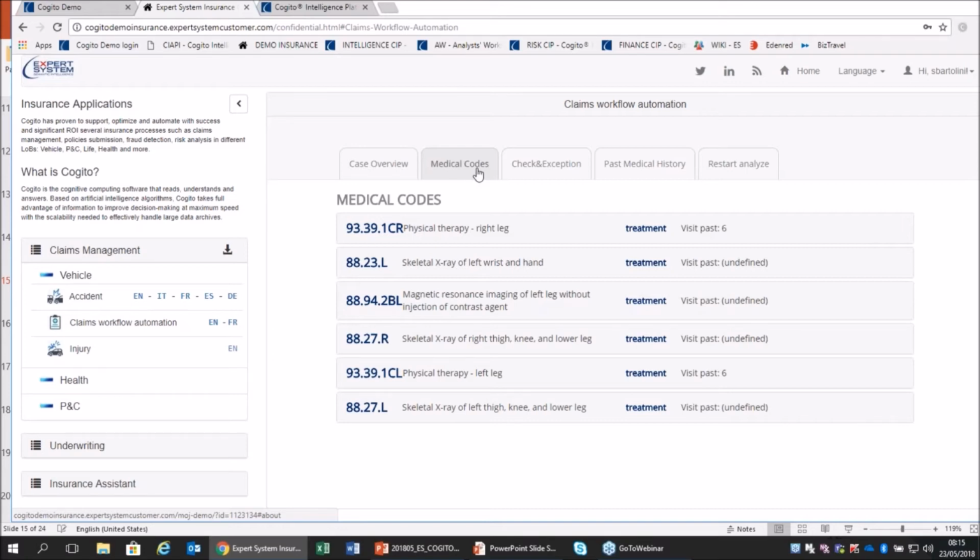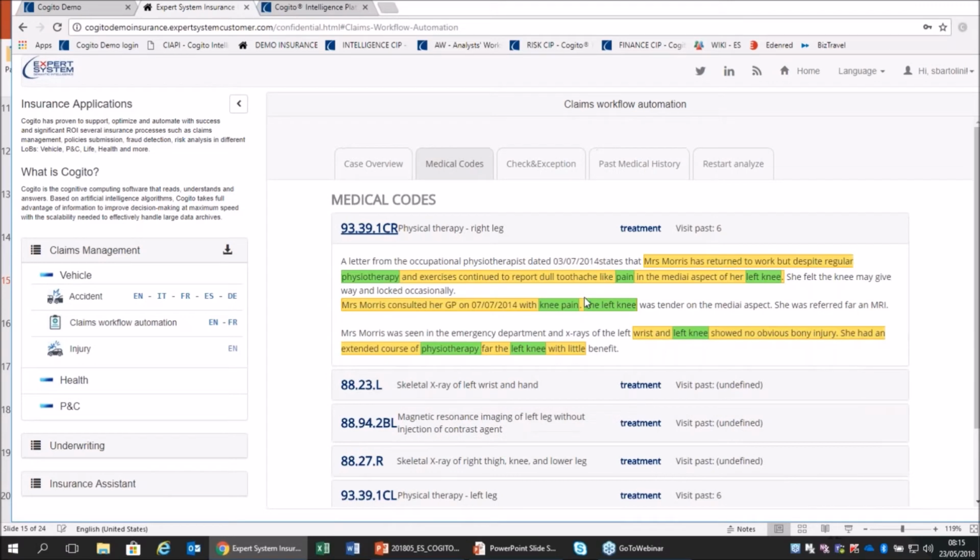So for a claim, I need, for example, to extract treatment, injuries, disease. So I can customize my knowledge with, for example, medical codes. So I can take this information that I found in text, in normal sentences, and assign medical codes. In this specific case, we use the ICD-9, the International Classification of Disease, but we can use whatever type of classification, so we can customize how to standardize and categorize